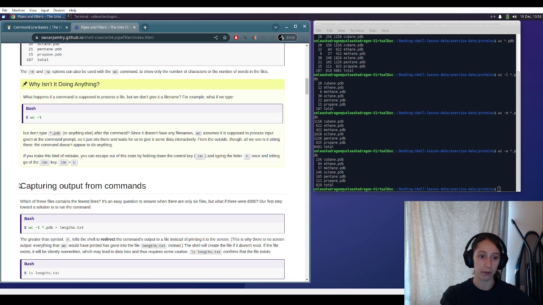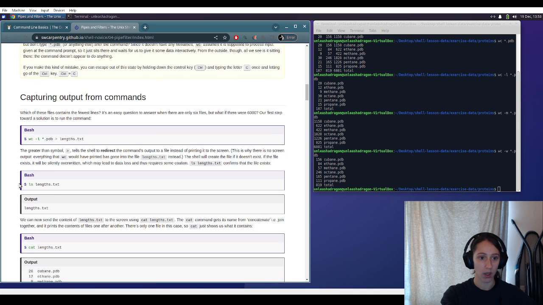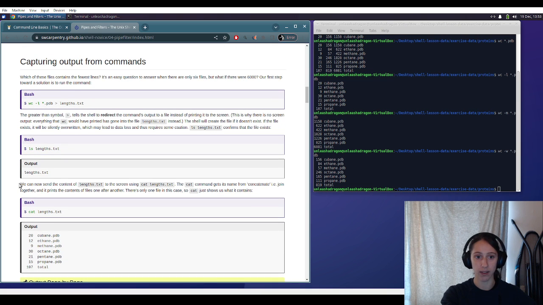Okay, capturing output from commands. Which of these files contains fewer lines? It's an easy question to answer when there are only 6 files, but what if there are 6,000? Our first step towards a solution is to run the command length.txt. So this is going to run a sort on,